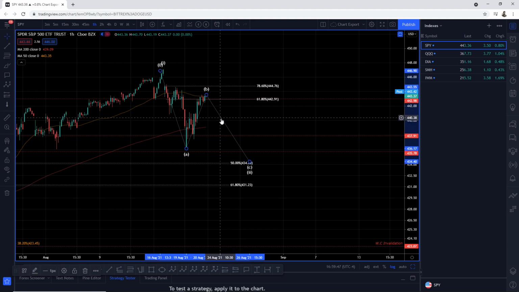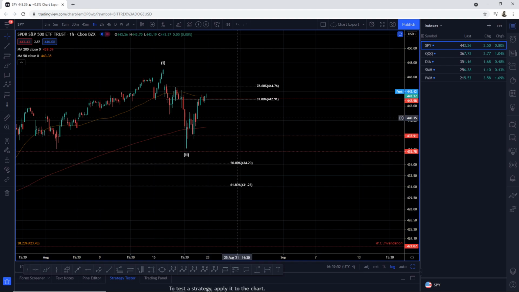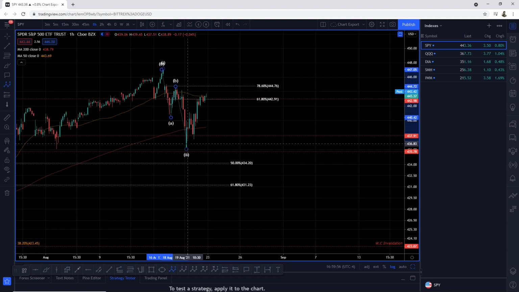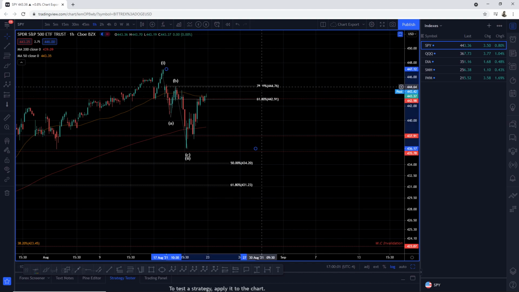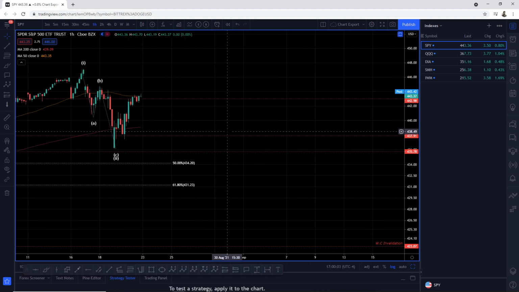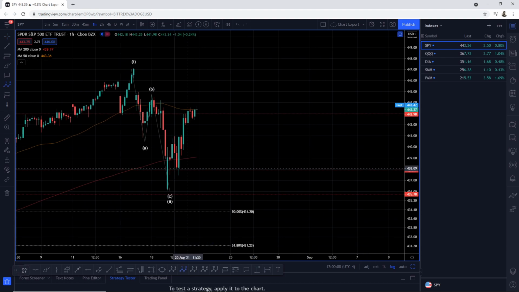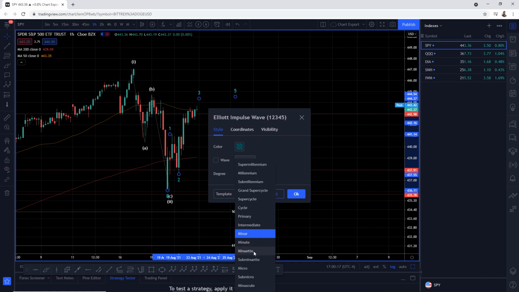Now, what would that scenario look like that will work well with our trade? So wave 2 has ended. We see here an A, B, and C down. Let me fix this for you guys. And now what that would look like for an impulsive structure is, let me zoom in here to have a little more clarity, that we have wave 1, wave 2, wave 3, 4, and 5. Let me fix this for a second. Let me turn this into a sub-minuette.